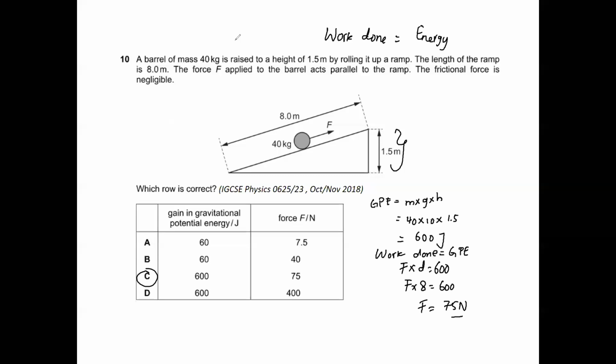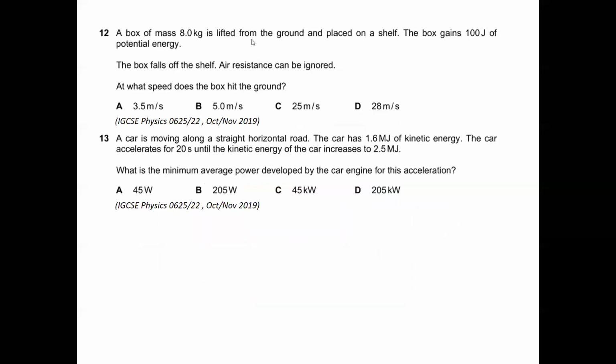Okay. And then for the next one, a box of mass 8 kilogram gains 100 joule of potential energy. And then the box falls off the shelf. And at what speed does the box hit the ground? So we want to find the speed. So this means that this one